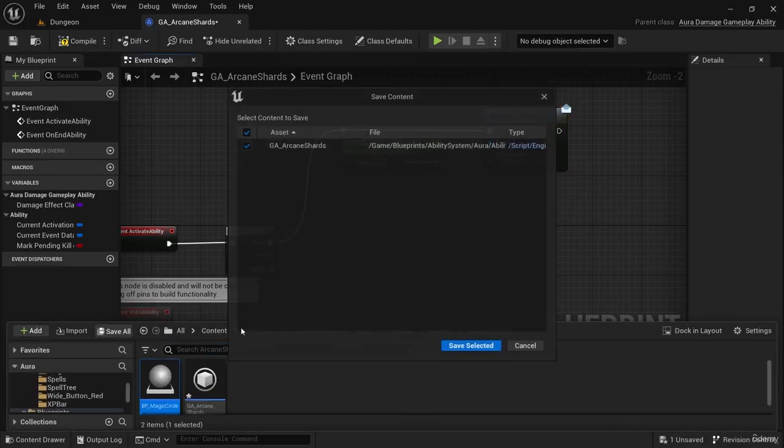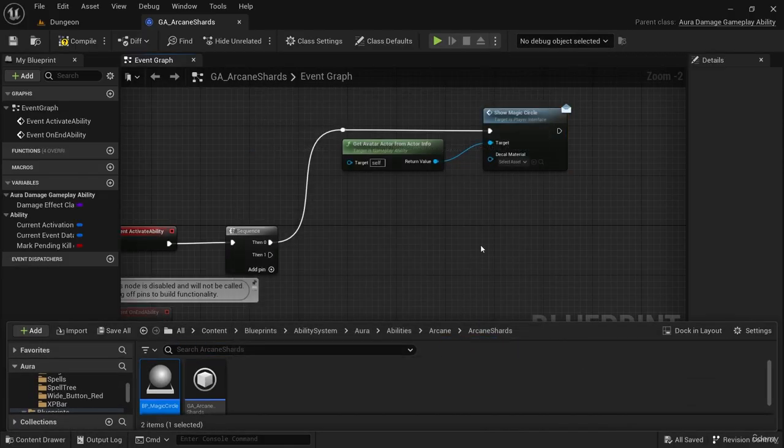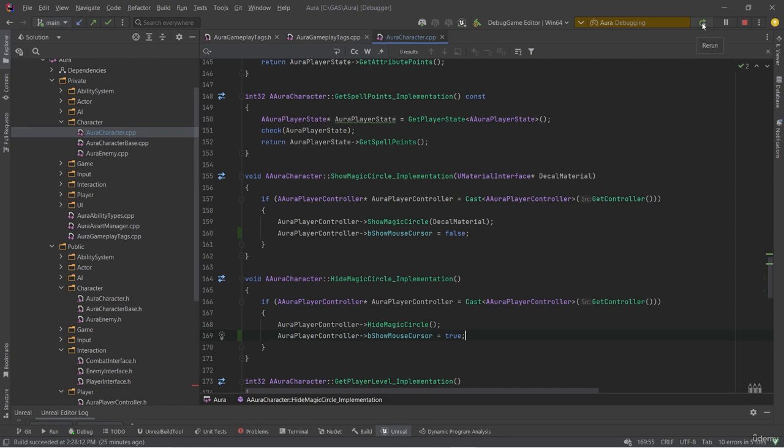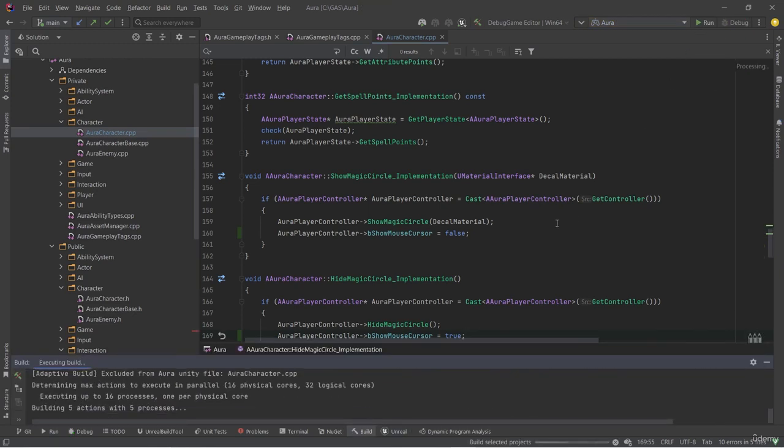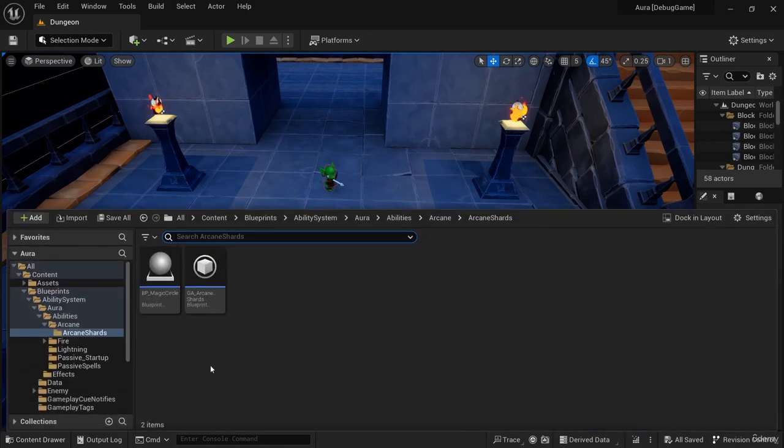So from the editor, I'm going to save all. And then back to Rider, I can just hit rerun. And we can just compile and launch again. So we know that show magic circle is going to take care of that mouse cursor. Okay, so we're back in the editor. We don't get the option to open our last assets because we hit rerun in Rider, but I'm going to